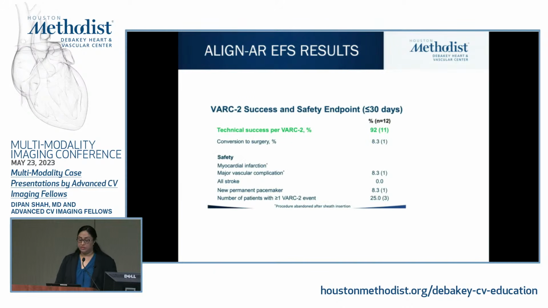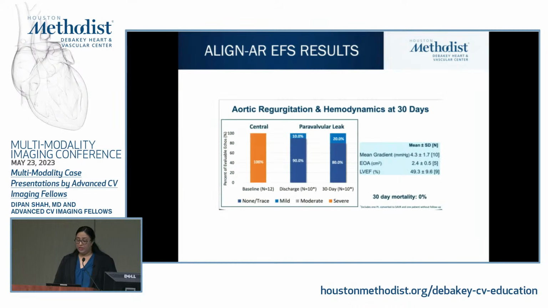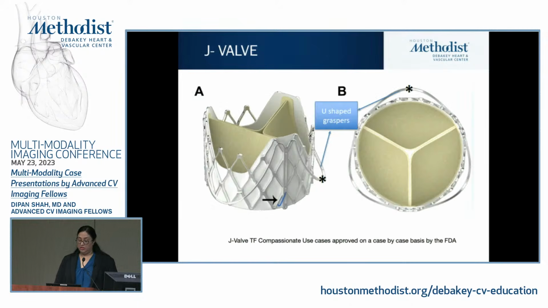The early feasibility results were presented at TVT 2019, which showed that the success rate was 92%. With the early generational devices, the success rate was only 74%. And when you looked at 30-day mortality, it was 0, PVL was mild in 20% at 30 days, and 80% had no PVL. There's another valve called the J-Valve,